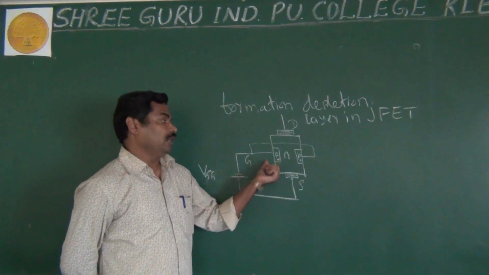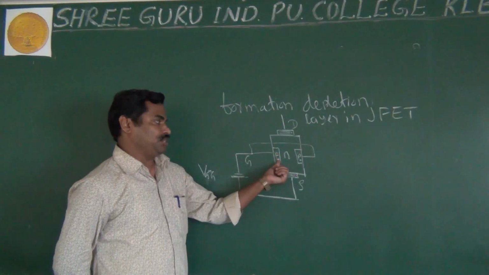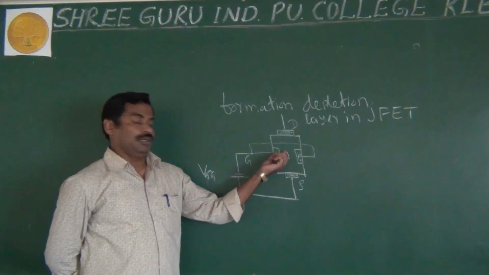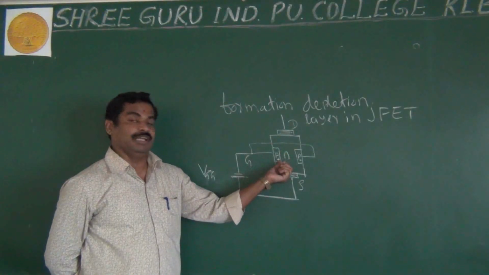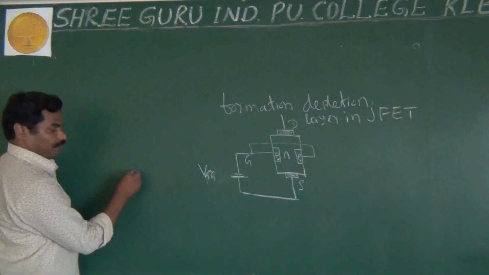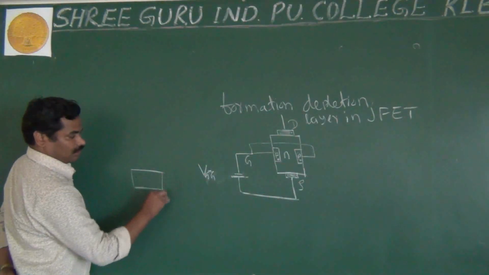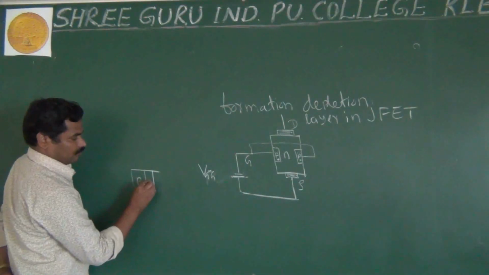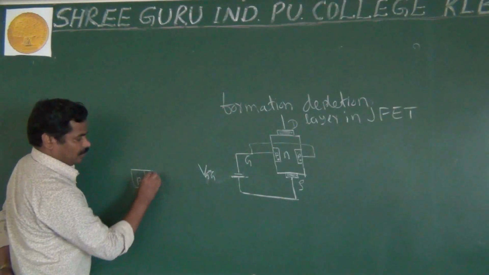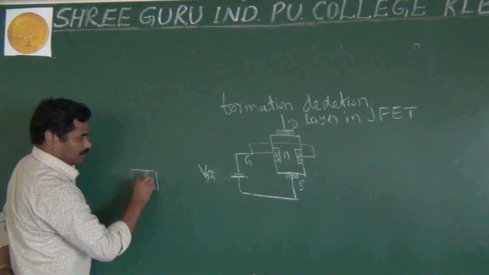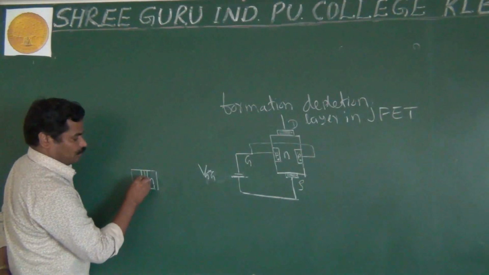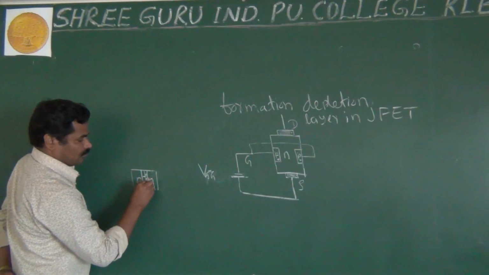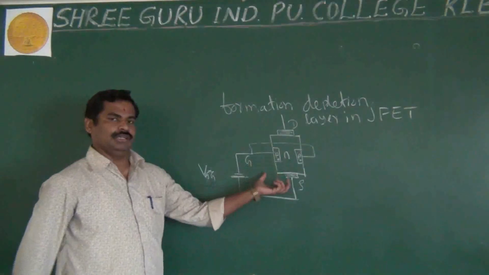And also we know how the depletion layer forms. In the P side we are having the positive ions, and the N side are the negative ions. They will create a potential. They will create some layer. That layer is nothing but, as we know in your diodes, this is your P-type semiconductor and this is your N-type semiconductor, and here the depletion layer forms. Here near to me you are having the negative and near to here you are having the positive. Actually here also same thing happens because you have done the junction.